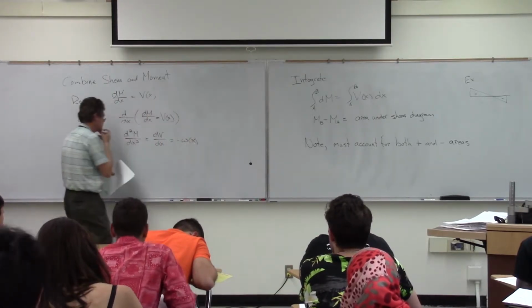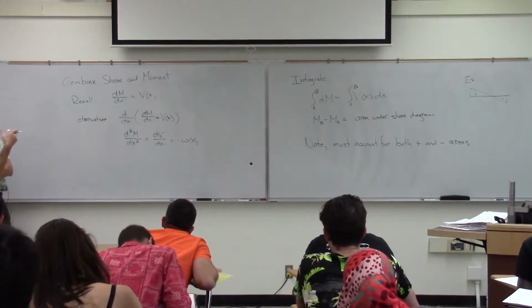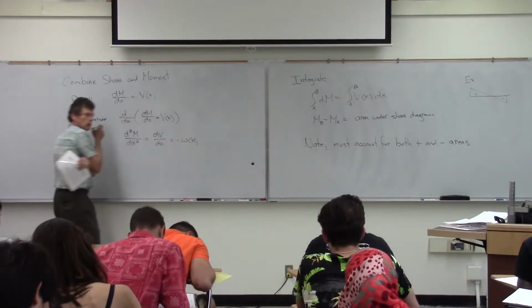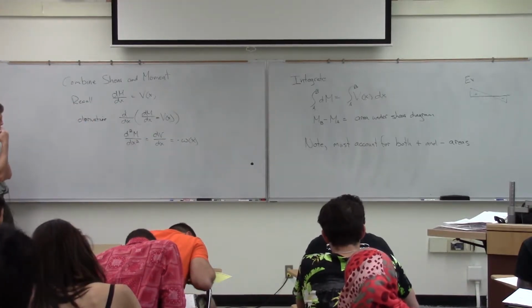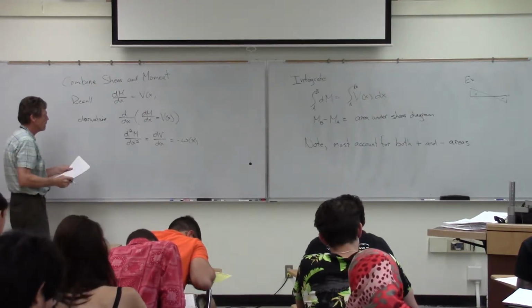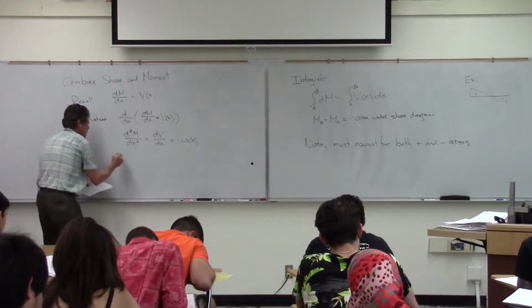And note that if I take the derivative, then the second derivative of the moment basically is related to the slope of the shear diagram, which is then related to my load there. The main use for this really is